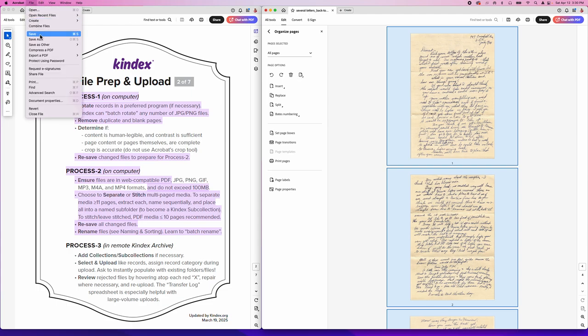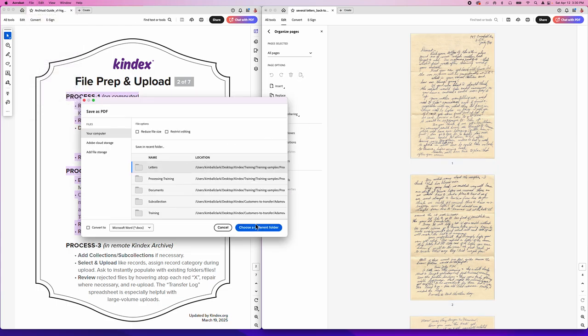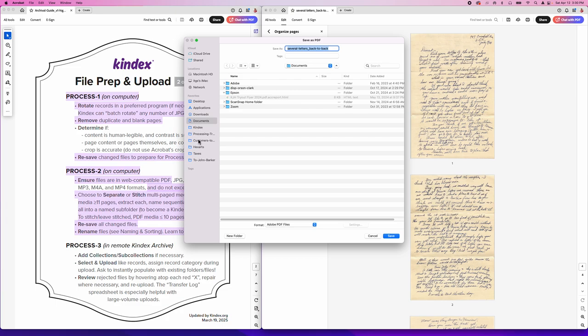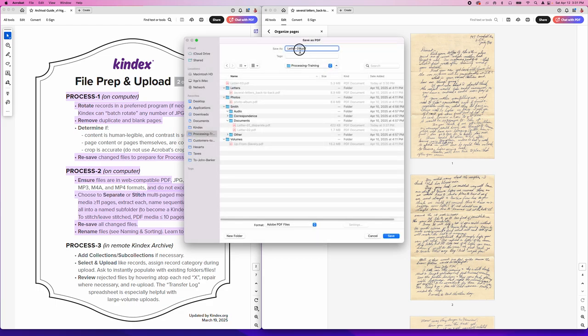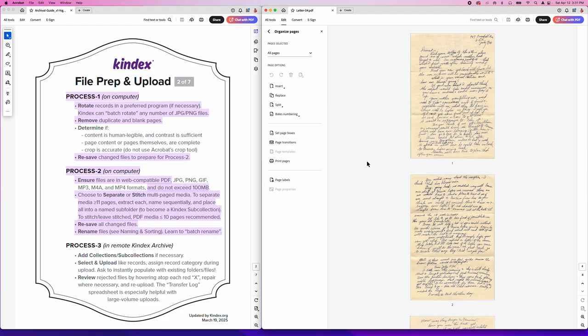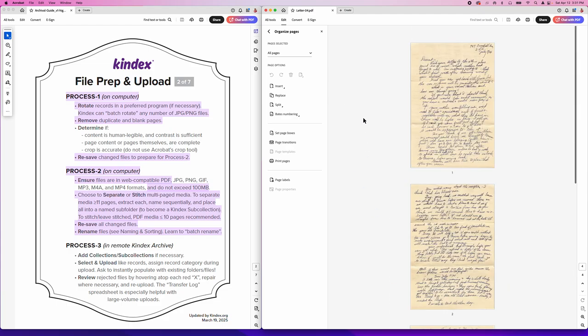I'm just going to say File, Save As, Letter3.pdf. Or maybe letter 4 is what it was. Okay. All right, so now I have successfully processed